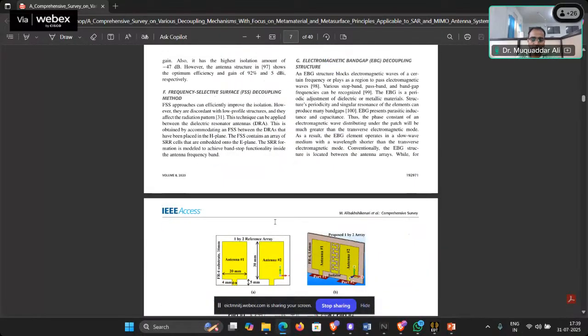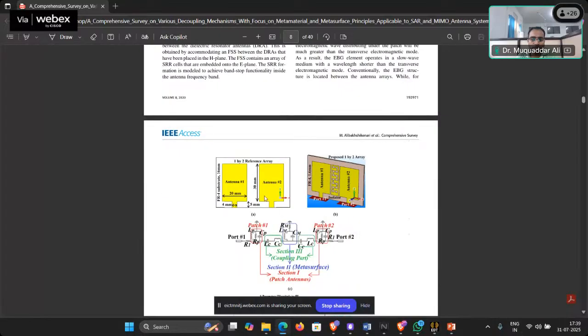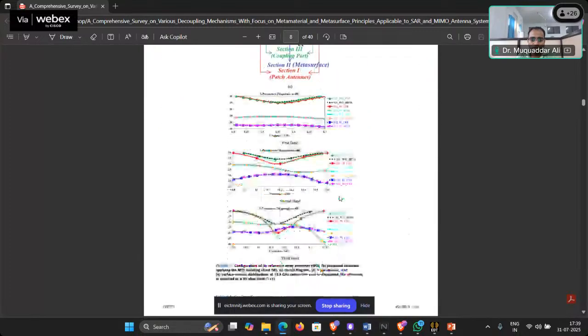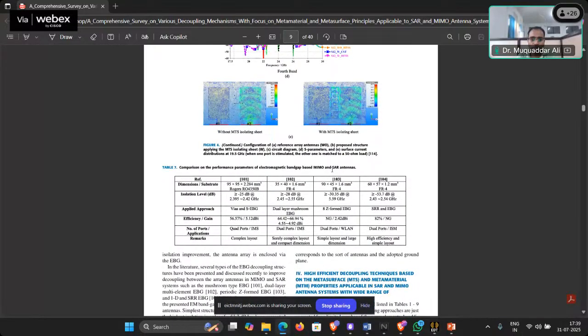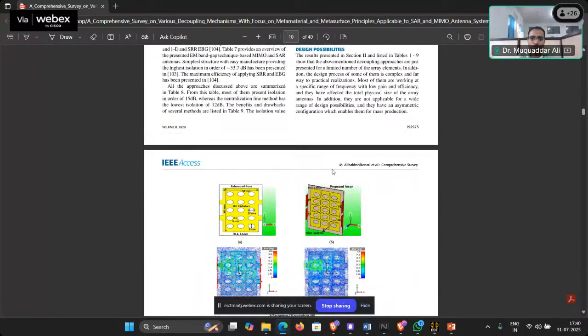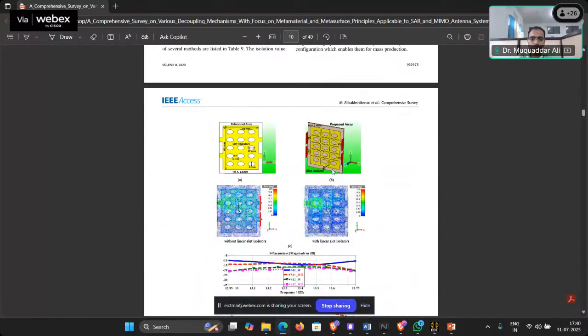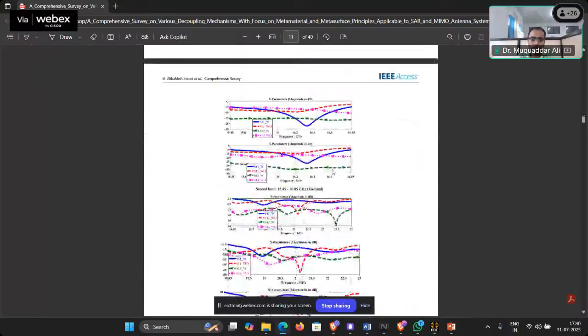And finally, you can see that this is an antenna that we are placing in the same configuration. Then there is an isolator. It works as a parasitic element. It reduces the coupling, and you can see from here, without the isolator, the field was coupling more. With the isolator, the field coupling reduces. Okay. And there are some more methods based on metamaterial or high impedance surfaces. You can explore all these techniques,